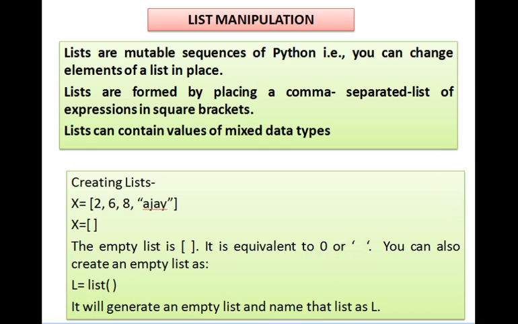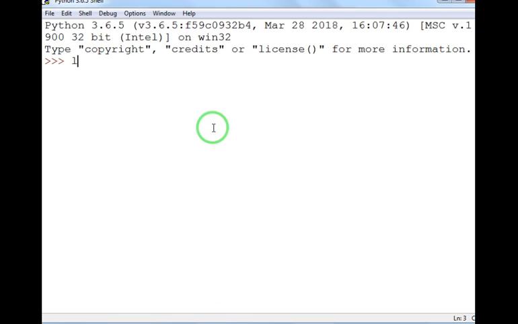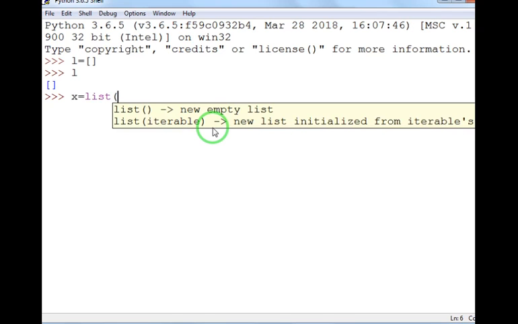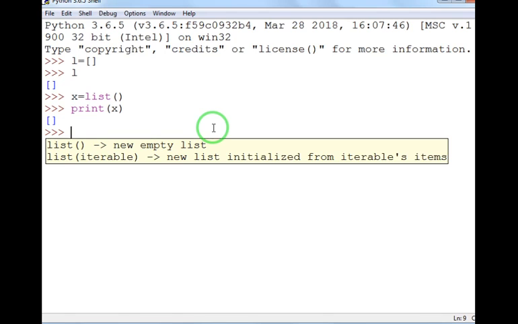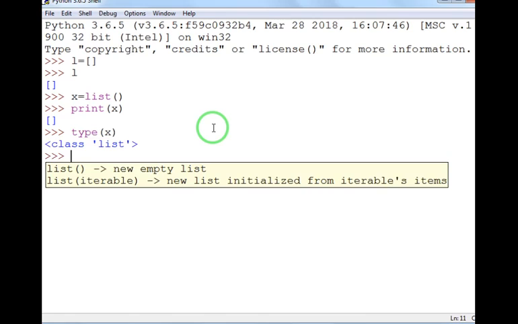I'll be showing you this with an example also. Suppose I want to create an empty list, you can just use this and it will create an empty list, or you can use the list function. So you can write print x, it is an empty list, type x. Type is used to specify the type of the object, it is a list.